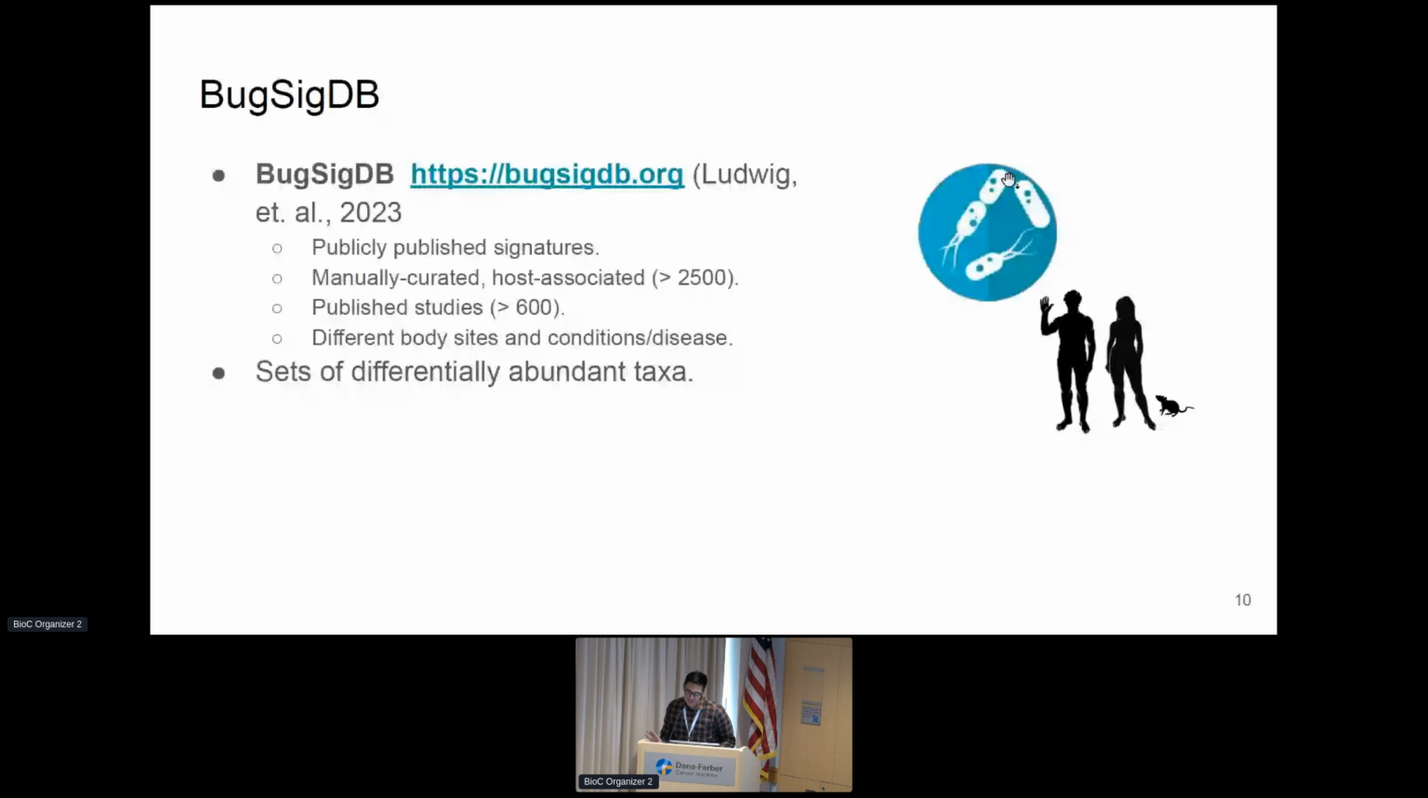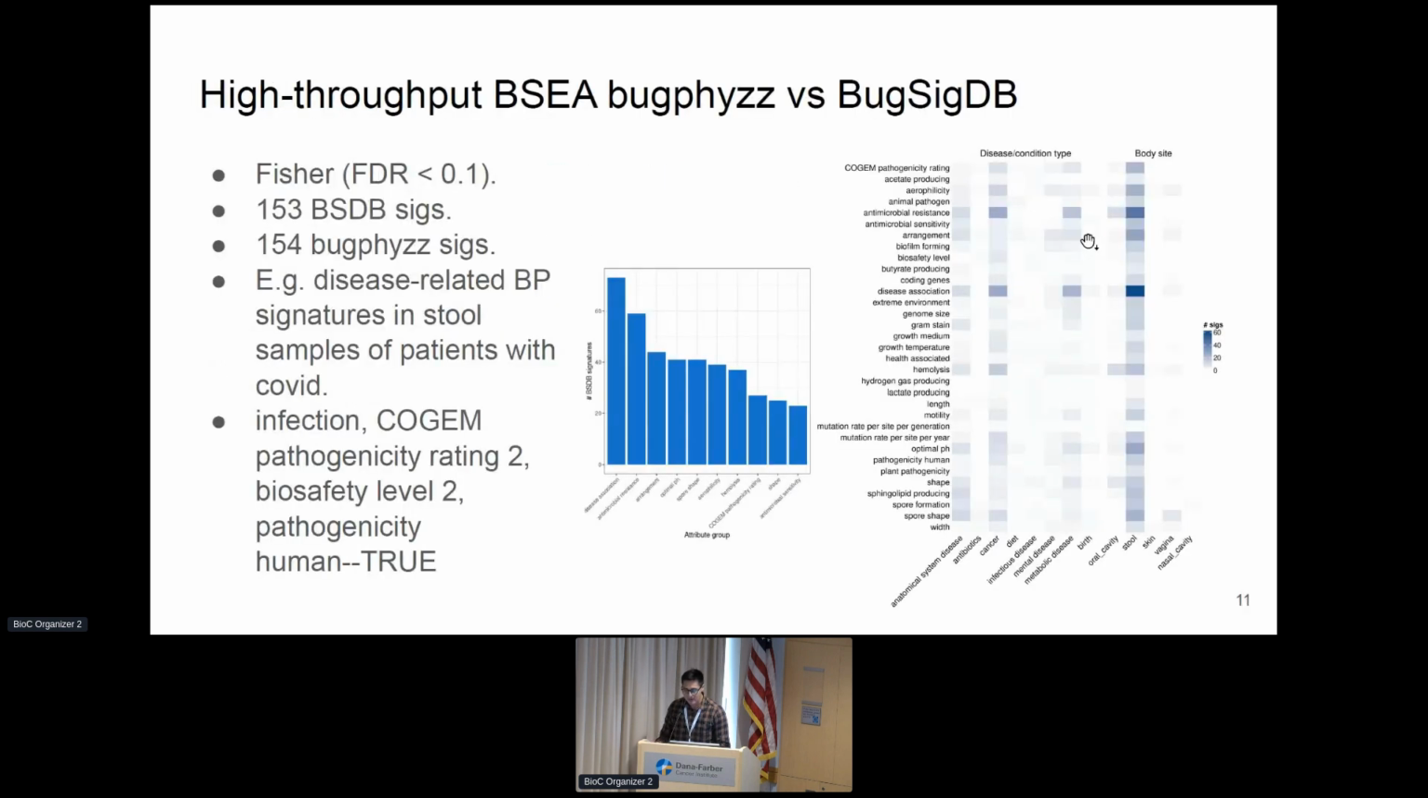You probably know it's kind of new, so probably not fully familiar with it, but it's a collection of publicly available signatures, and they're manually created, and they come from over 600 published studies. So most of them, I think, come from sets of differentially abundant taxa, and they span different body sites and different conditions or diseases. So we use all of our sets and BugFix and compare all of them against all the sets in BugSigDB